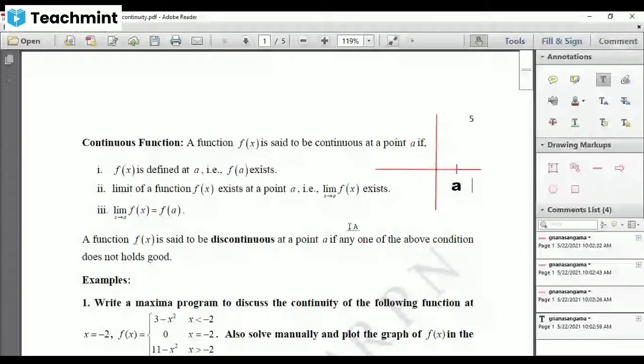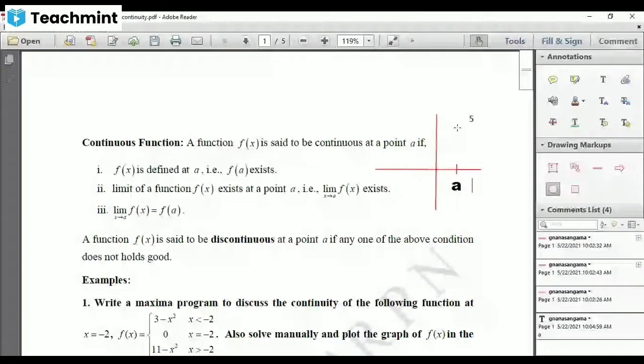If you look at the graph of the left-hand limit, it will come up to L. Instead of L, I'm writing f of a. L and f of a are one and the same here. So it will be a graph up to f of a, but it will not go to f of a. Similarly, the right-hand limit is a graph which comes near to f of a, not to f of a. So there is a gap here, and only one point gap is there. That point is f of a. If you give x equal to a, you'll get the corresponding f of a.